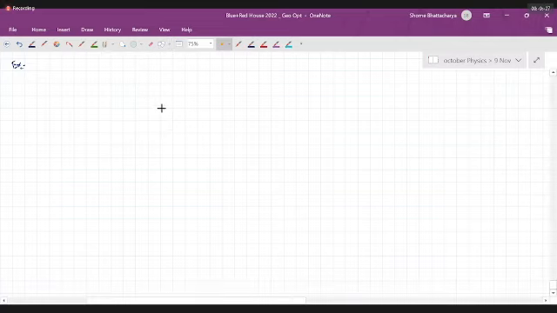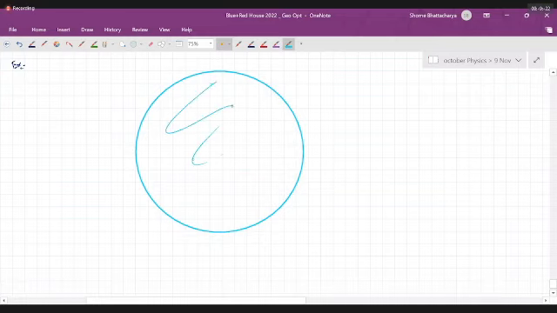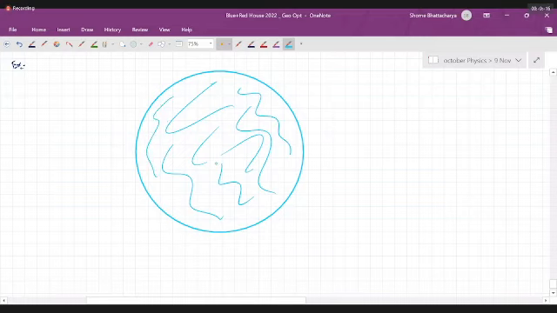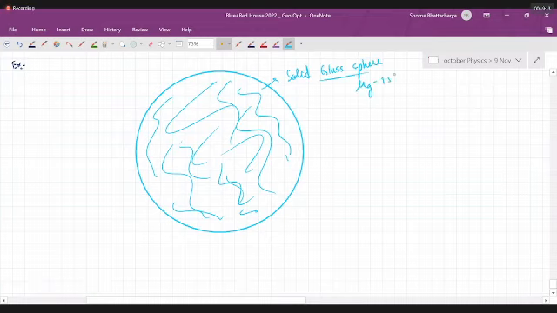So what I have is a solid sphere of glass, like a solid spherical glass object. The refractive index of glass I'm taking as 1.5, and the radius of this thing I'm taking as 60 centimeters. Okay, I'll show the second part again, just give me some time. Okay, now what is happening is,